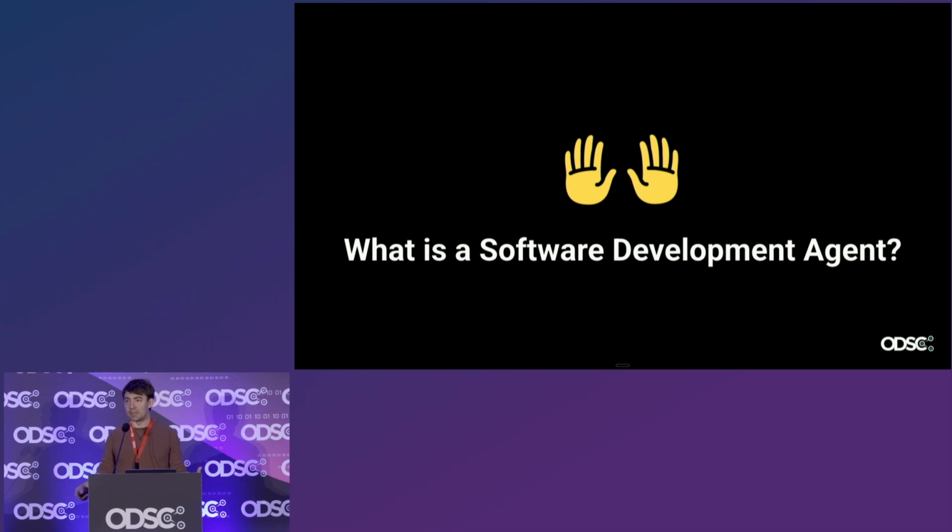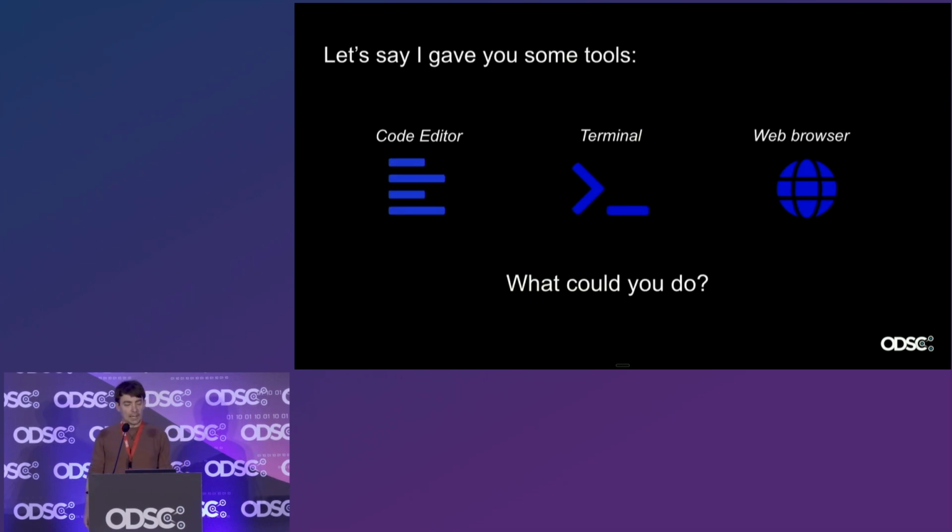So what is a software development agent? What is it that's actually catalyzing this transition? The word agent gets thrown around a lot, and I think the definition is getting kind of wobbly, but at the heart of it is this word agent, or agency. It's all about being able to take action in the real world and actually have an effect on the world. So if I were to give you a few tools here, like a code editor, a terminal, and a web browser, you can do quite a bit with these tools. You can basically do the entire inner loop of software engineering.